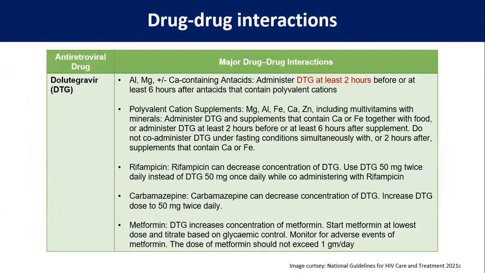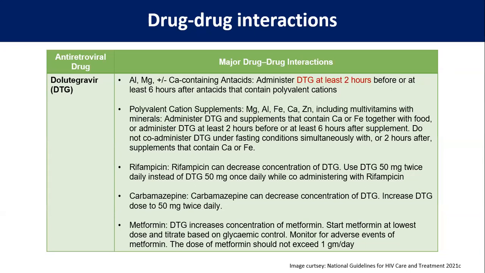Now, dolutegravir. There are some drug-drug interactions of dolutegravir with cation-containing antacids, then iron and calcium. So we need to administer DTG 2 hours before such cations or 6 hours after such cation ingestion. Now, in case of rifampicin, we need to increase the dose of DTG, as we have seen earlier,